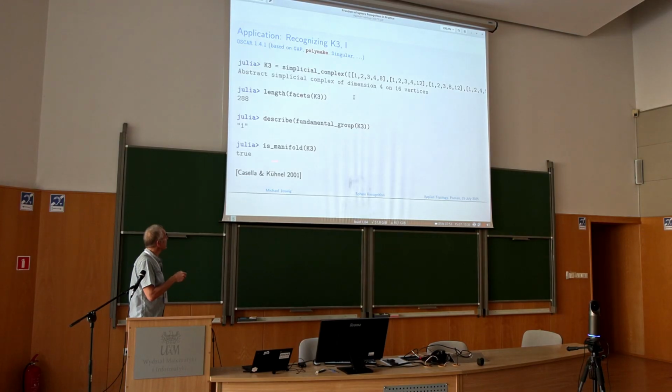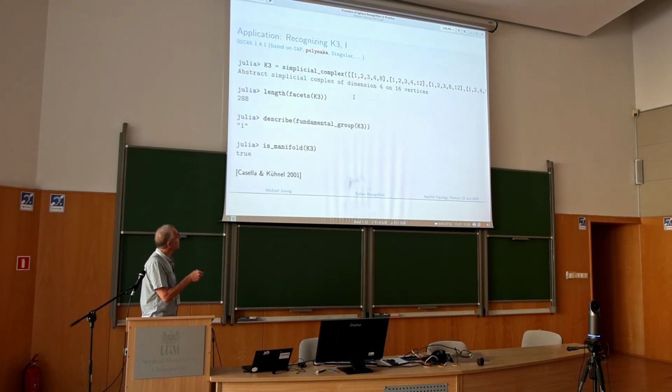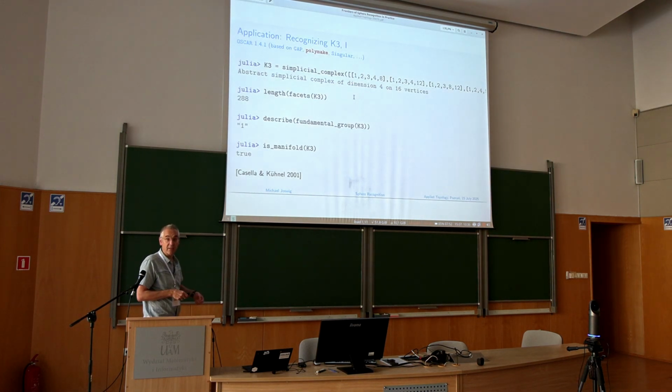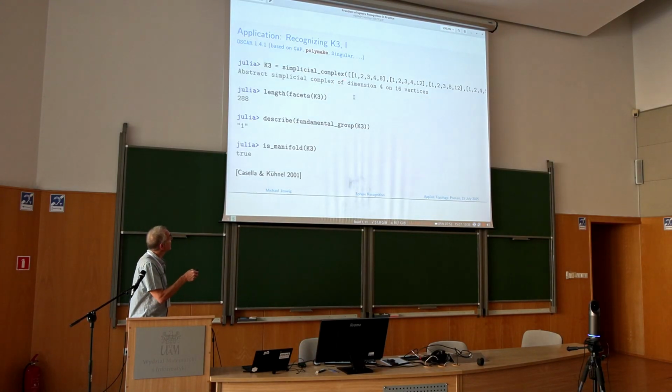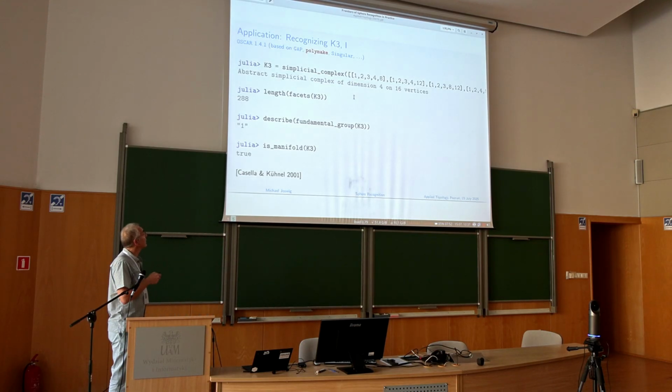This is a construction which goes back to a paper of Casella and Kühnel from 2001. You just define a simplicial complex on the vertex set, in this case of 16 vertices, 1 up to 16, and you just write down the maximal faces, right? So sets of cardinality 5, which means we're talking about a 4-dimensional thing. You only see the beginning of 288 of these faces altogether. Trust me, all of them have the same cardinality, so it's a pure complex of dimension 4 with 288 facets,